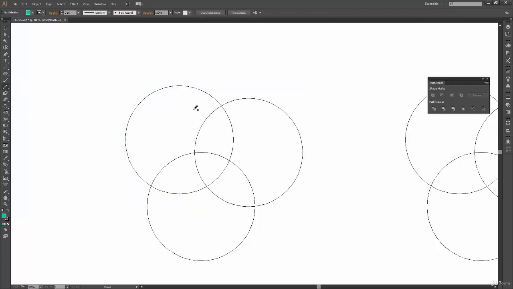If I talk about these upper two circles, this is the common area. For these two circles on the left, this is the common area. And for these two circles on the right, this is the common area. But here we are talking about three circles together, not two individually. So we have to find a common area for all these three circles together.